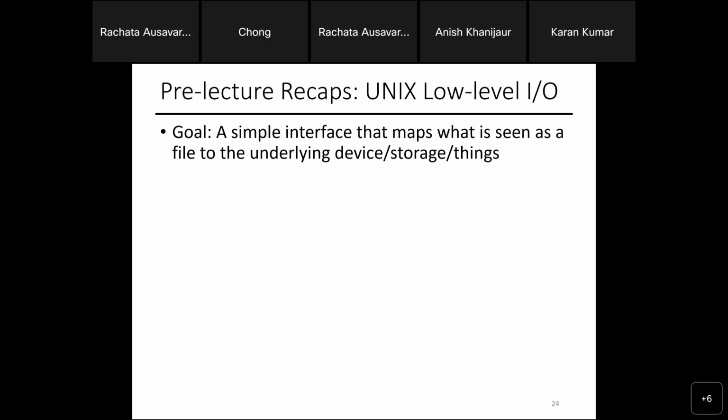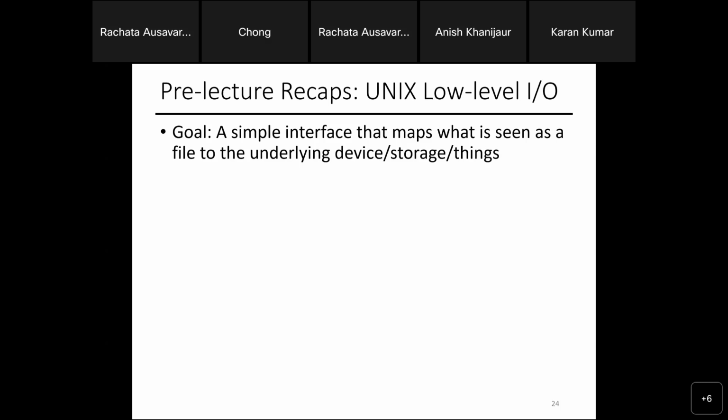So here's what Unix low-level IO gives you. The goal is I want an interface that maps what is seen as a file, because everything on your computer, you can think of as a file, right? So what is seen as a file maps to the underlying device, storage, or thing.